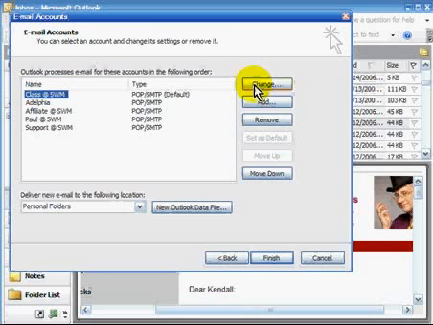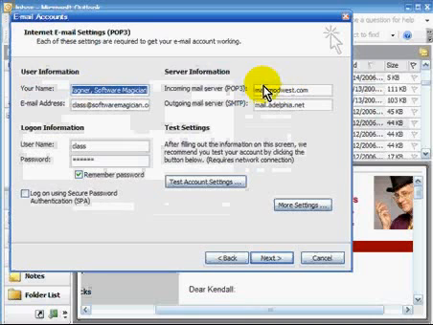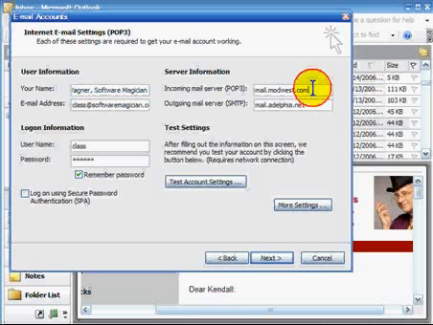For example, here's Class at Software Magician. I have your name. That's how your recipient will see you. You have to have an official email address, and you'll notice over here that the POP3 is the incoming email, and the address for outgoing mail is SMTP, and in this case they're different. Many times they are the same. There's a user, that is fixed, along with the password,